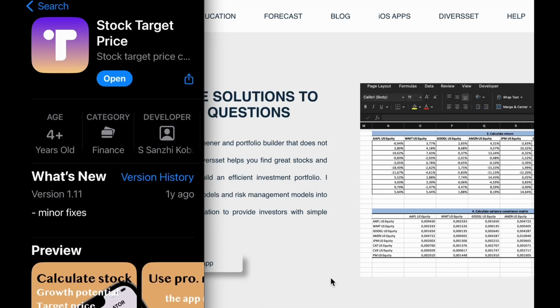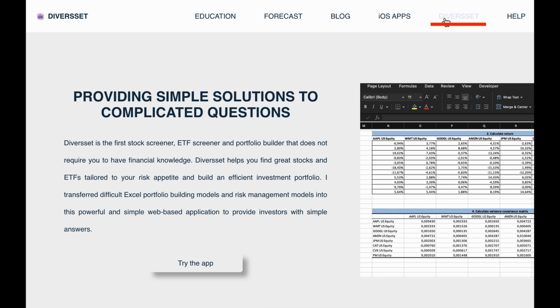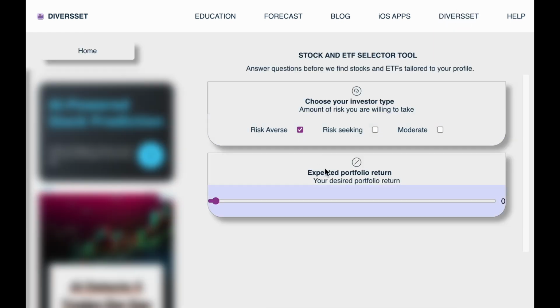Okay, investors, three amazing applications to find great stocks and ETFs, minimize your portfolio loss, and also maximize return. Go to the diverset.com website, go here to Diverset, then choose your risk appetite. Let's say I'm a risk averse investor. Then I want 15% yearly return, show the result, and the Diverset web app will find you stocks tailored to your